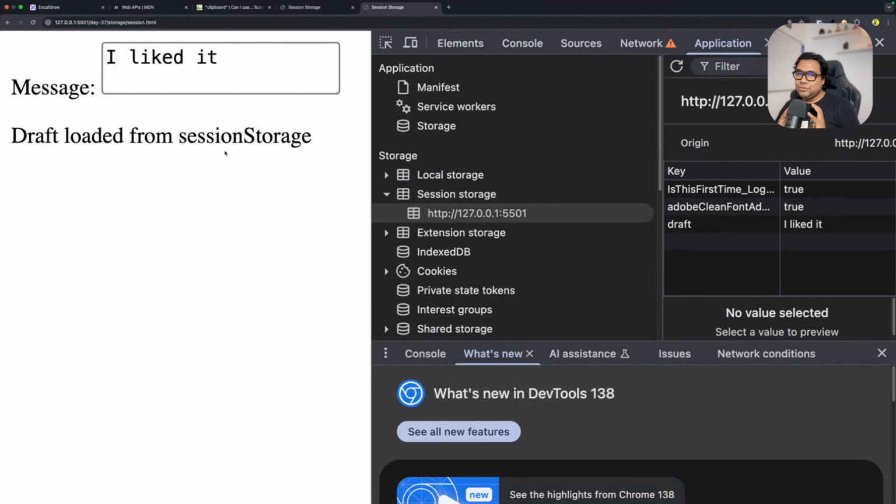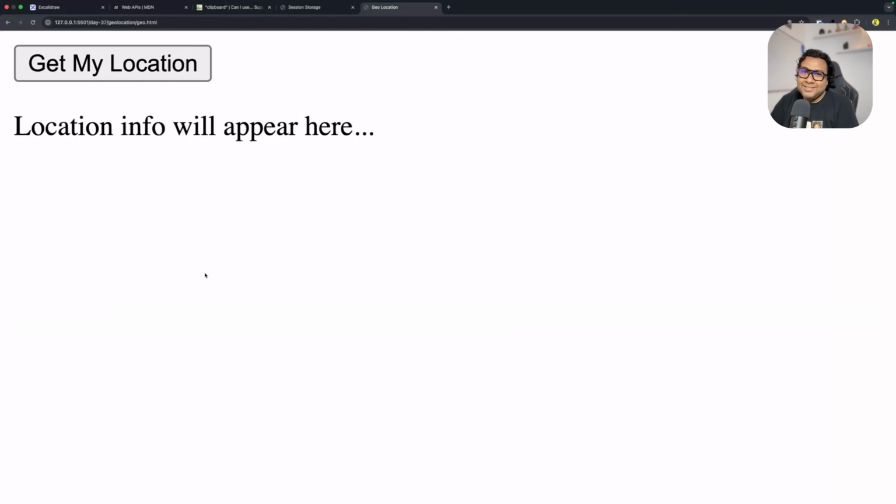So I hope you understood the difference between the local storage and the session storage. We have seen 3 web APIs, 2 storage API, and 1 clipboard API. Let's see one more. The next one we are talking about is one of the most used web APIs. It's called geolocation. If you want to detect the location of your user's browser, you can do it